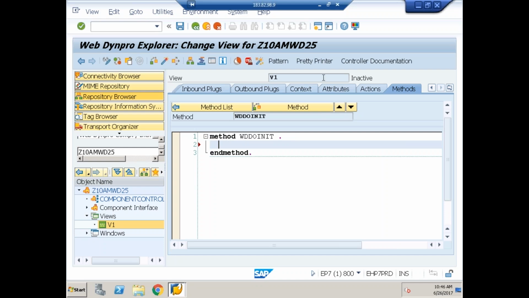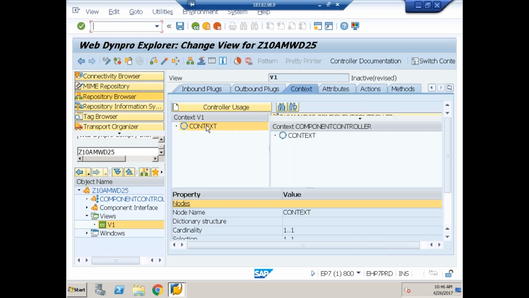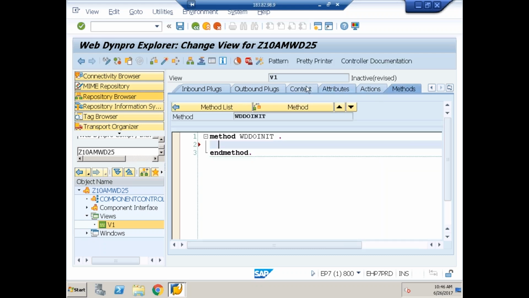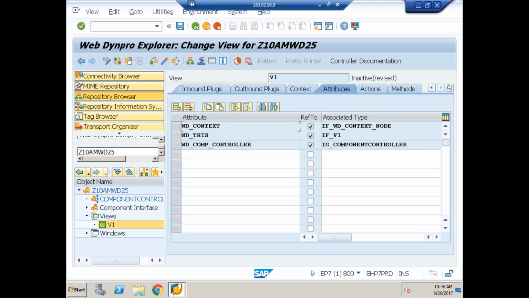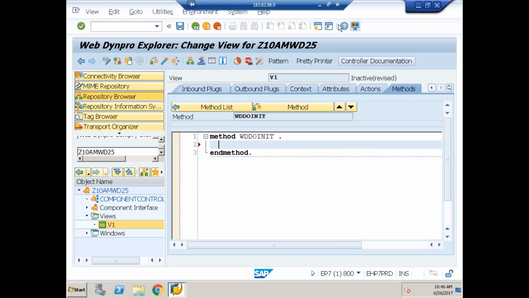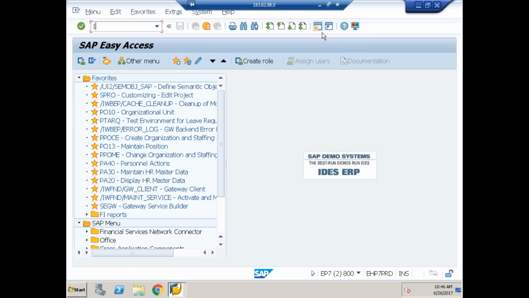So how do we do it? First of all, you have to get the information of this particular root node. How do you get that information? The root node is represented by which interface? IF_WD_CONTEXT_NODE. What is the object? WD_CONTEXT. So if you go to that interface, IF_WD_CONTEXT_NODE,